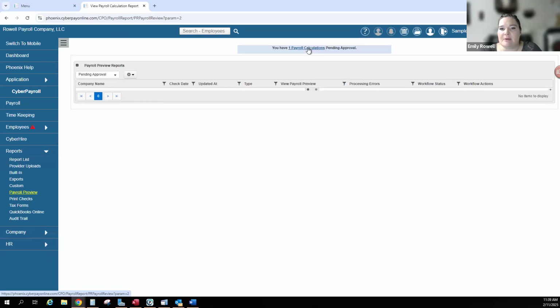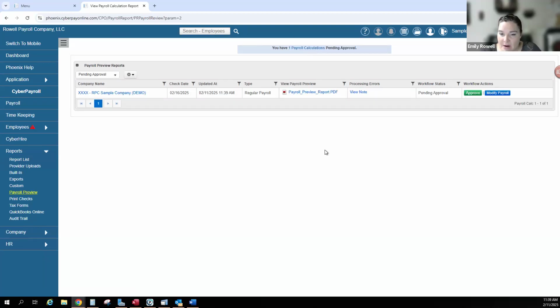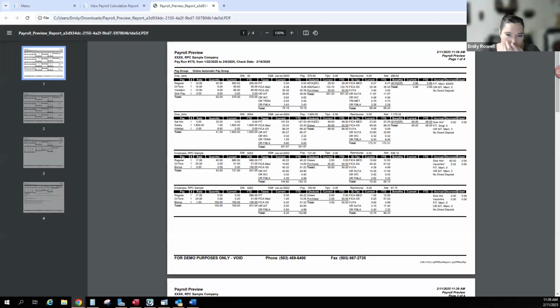So once we click one payroll calculation, we'll notice we are back to our pending approval, and we're going to open up our payroll PDF again and review it one more time just to make sure that the changes that we made stuck. So here's my overtime that I now added for my employee, and then here is my